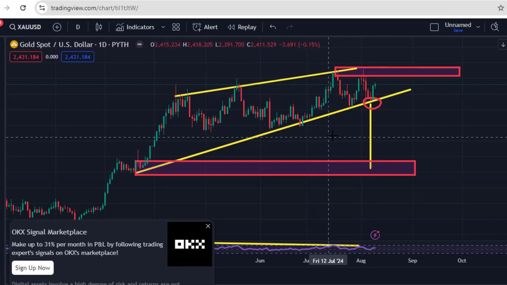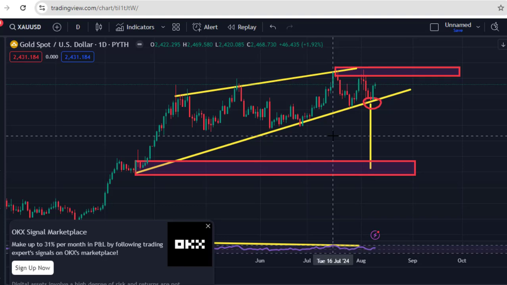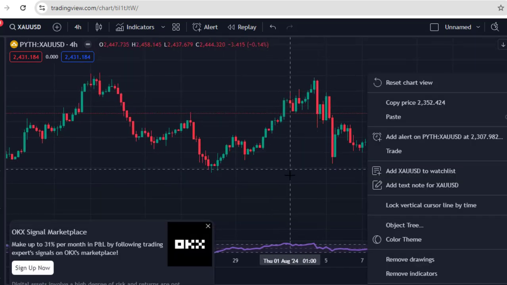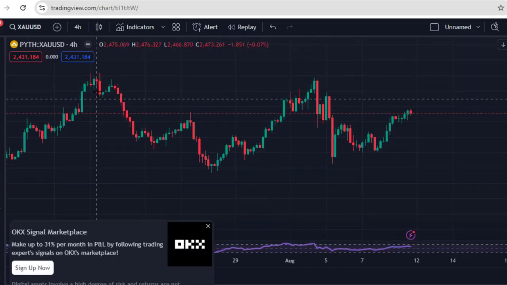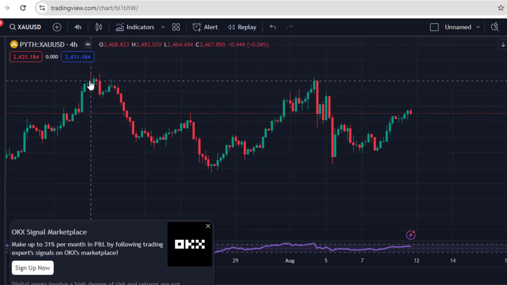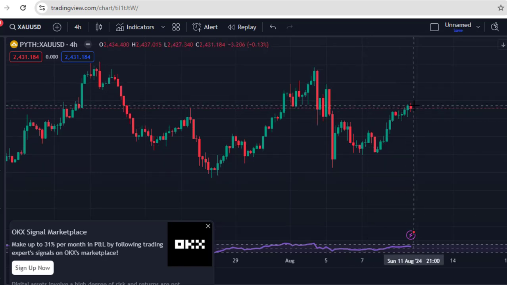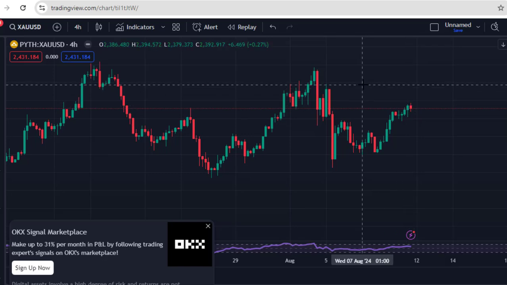So pay attention to this, guys, and this is very important on the gold chart. If you look at the 4-hour chart right at this very point, you see the market is creating lows at this very point. This is a high and this is a low compared to this. And right now, this market move all the way here. I am expecting that the market begin to move from this very price level of 2434